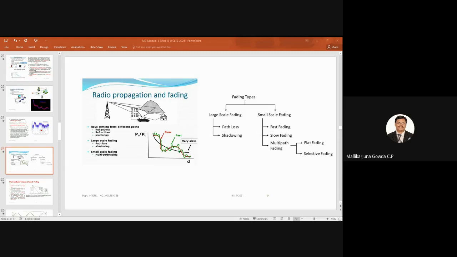Yes, sir. Here it is again just an introductory part of what I have shown. This is PR by PT. I was telling about path loss versus distance, which is written here with slow, slow and fast, three different characteristic variations. I think I discussed these two, path loss and shadowing. Now let me take up the other things.